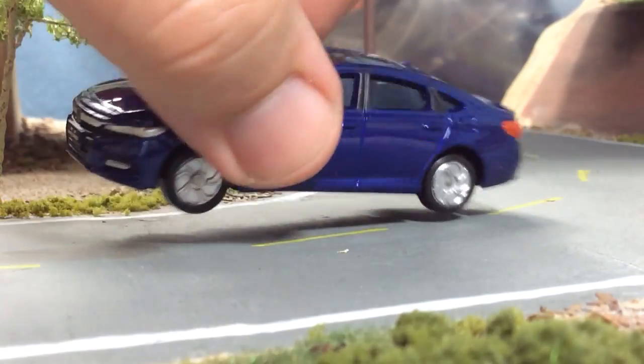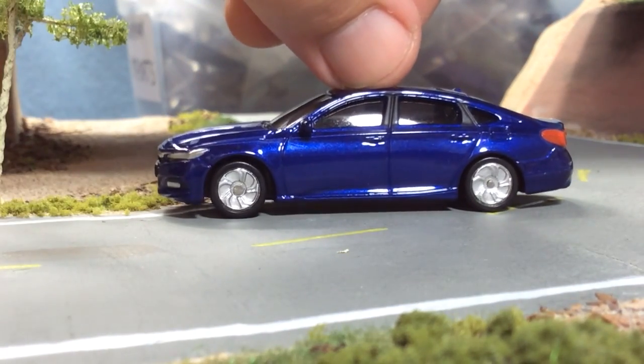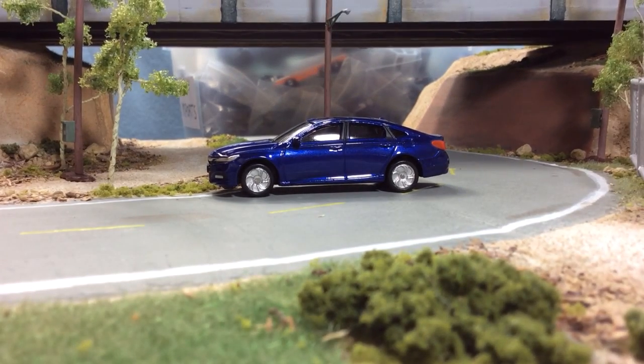And what else was I going to say? I don't know. It's just a really cool car. You know, there's just... Whoa now. There's just not a lot of Honda Accords out there in the scale. I can't believe I've done that twice in a week. I apologize, guys. That's so Bush League to knock the camera over. I'm 20 minutes in, so I'm not going to start it over. You guys just caught a view of the ceiling. I don't care. I was going to say something about it, and I forgot. But...